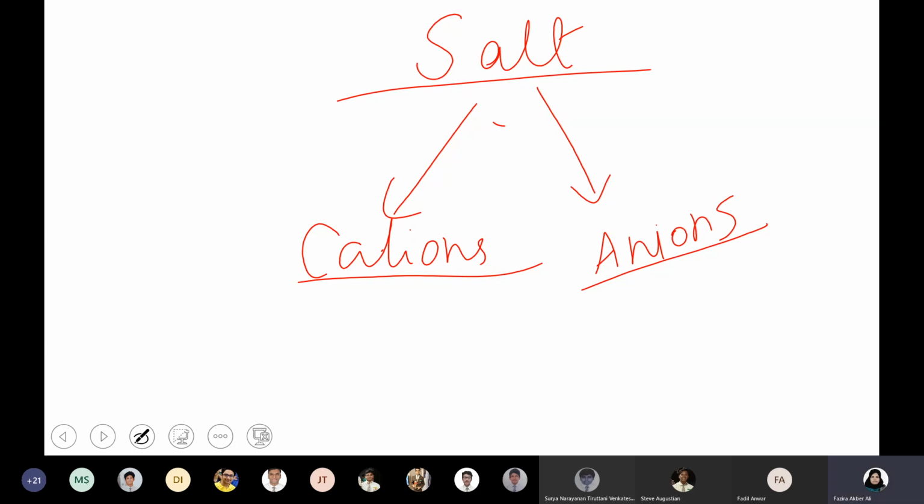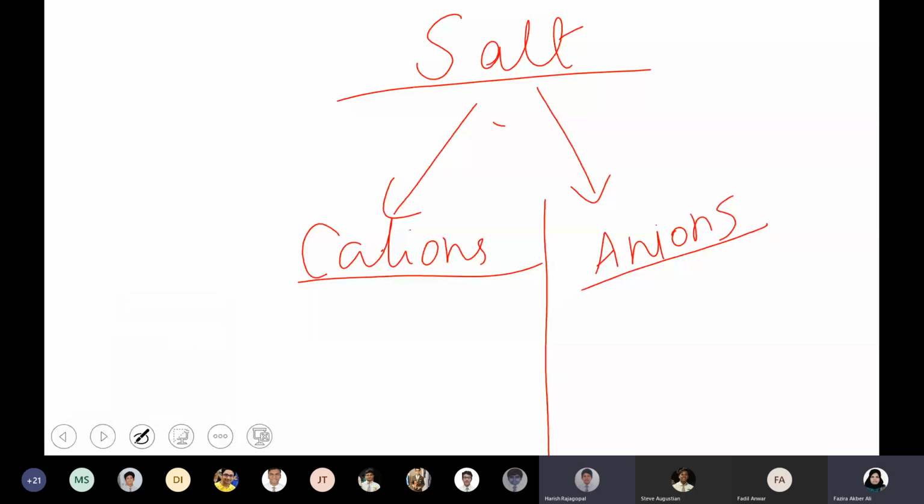So if you're given a white powder and you're supposed to find out what the compound is, whether it's NaCl, whether it is potassium iodide, whether it is aluminum chloride, or it could be zinc carbonate, or calcium nitrate, or magnesium carbonate. So how will you find out? You cannot taste it to check whether it's salt. pH.